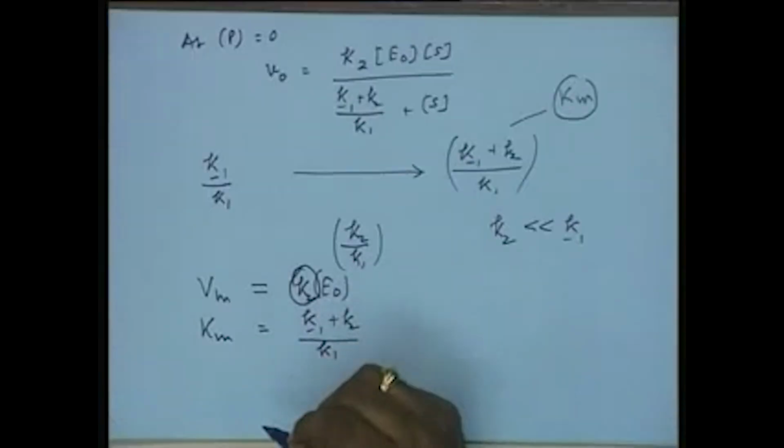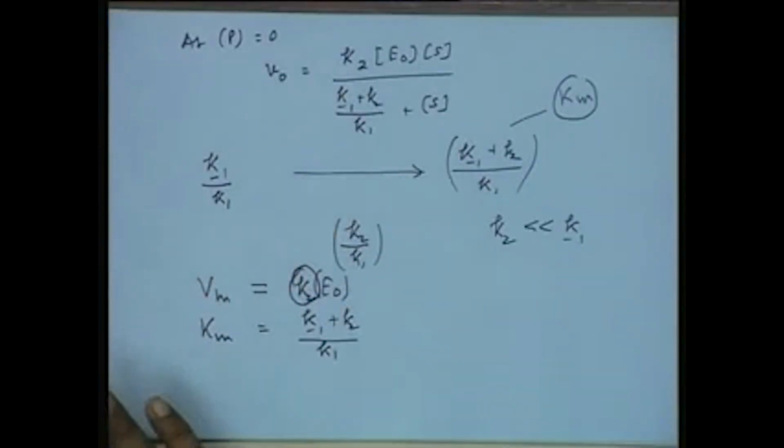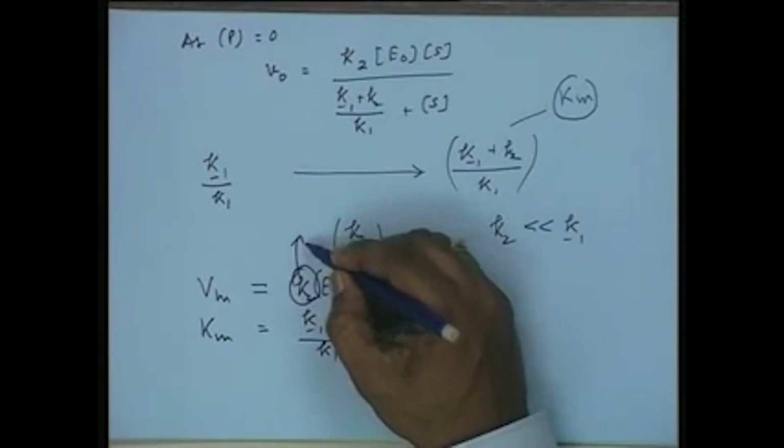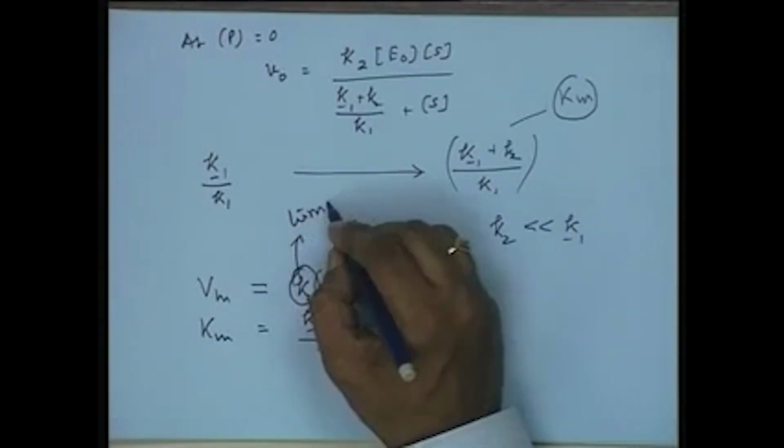Vm is a function of enzyme concentration. If you increase enzyme concentration, the value of Vm increases. The kinetic parameter here is K2, the rate constant which is responsible for breakdown of the enzyme substrate complex into the product, and very often K2 is also called the turnover number,